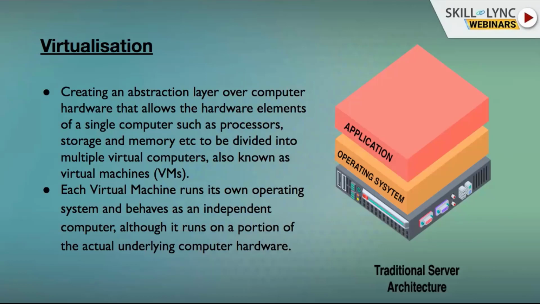So to get around that, IBM came up with this concept of virtualization, right? What virtualization does is, it creates an abstract layer over the hardware, so that you can set up many more computers over your computer. These many more computers are known as virtual machines. These virtual machines will have their own operating system. They'll have their own hardware, which is a shared resource, but they will all act as one